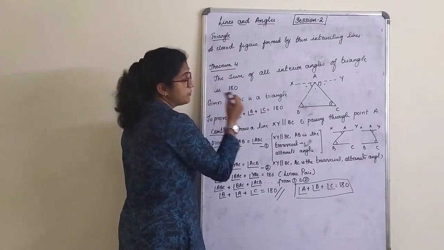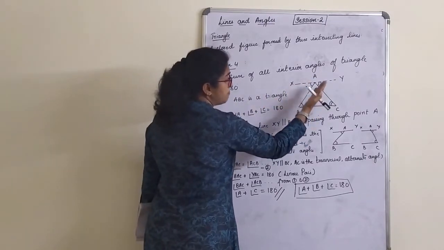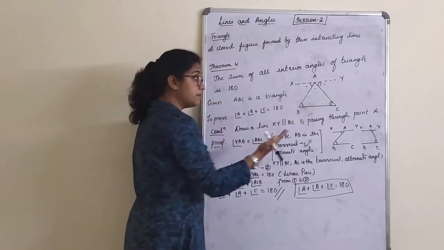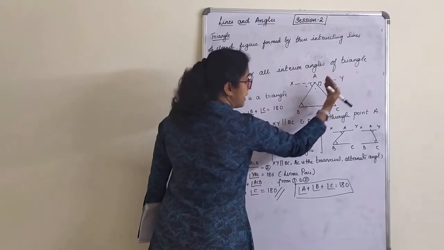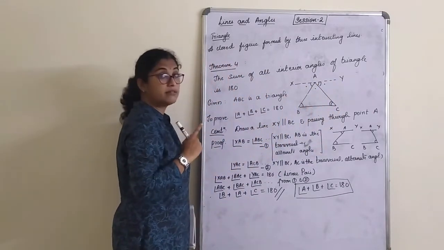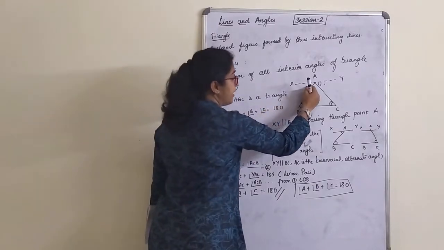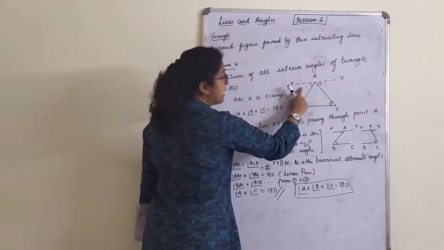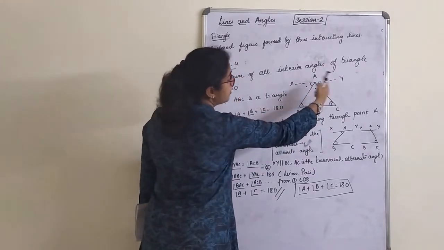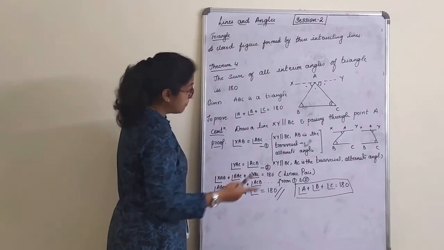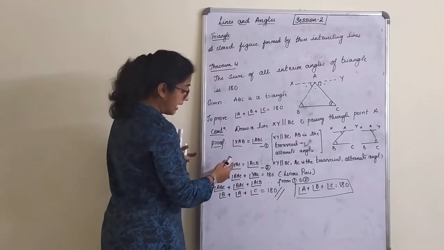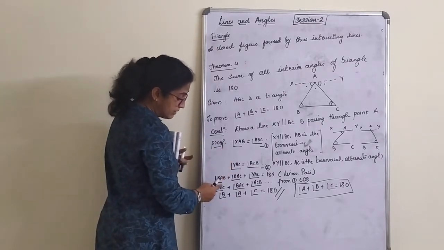Then after we see that, when these two lines are parallel and AB is a transversal, a pair of alternate angles are equal. Similarly, XY and BC are parallel, AC is a transversal, a pair of alternate angles are equal. Mark these angles clearly. Next we have the linear pair. Angle XAB, angle BAC plus angle YAC. Yes, we have named them correctly. So this is the linear pair. Substitute the angles we have already proved into these angles.